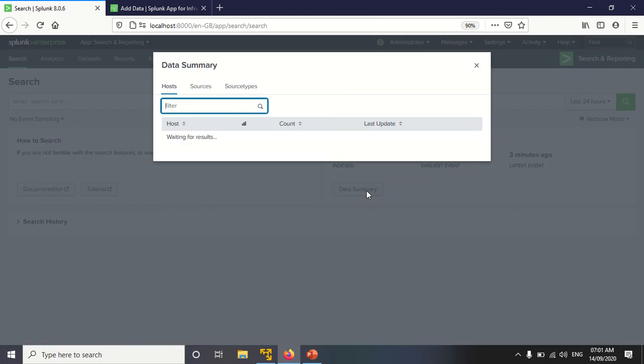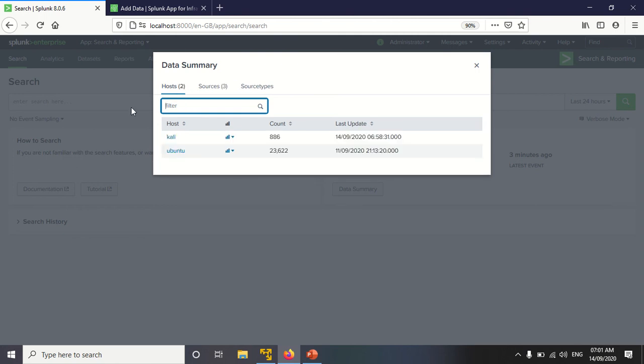So you can observe this host in the search and reporting app as well as in the Splunk add-on for infrastructure. Now you can observe that Kali Linux is added over here. My Kali Linux is added over here. Initially I had only added the Ubuntu, but right now because of the universal forwarder, Kali Linux is also added at 6:58, which means only 2 minutes before.